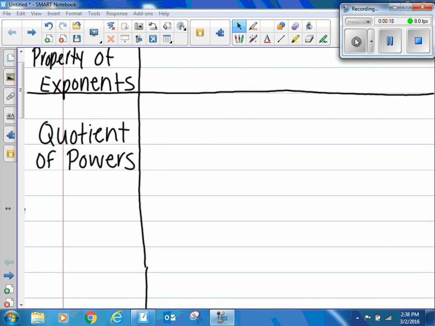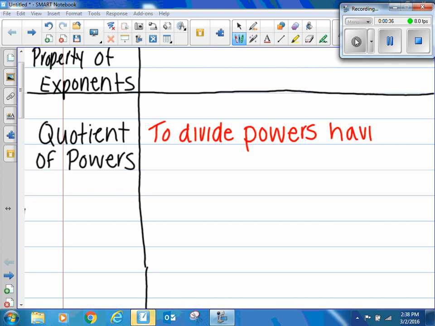So the first one is the quotient of powers property. And we all know what quotient means, right? Quotient means to divide. So with the quotient of powers property, to divide powers having the same base, we subtract